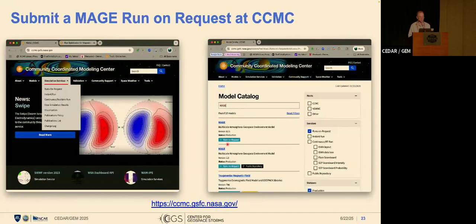It will give you the 2 different MAGE options and then some other models, but MAGE are the first 2 that come into play. Version 0.75 is first, then version 1.0. Click on the submit run on request option, and that will bring you to the next page in the run on request